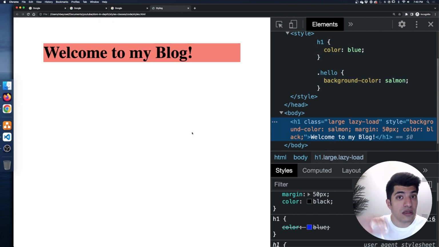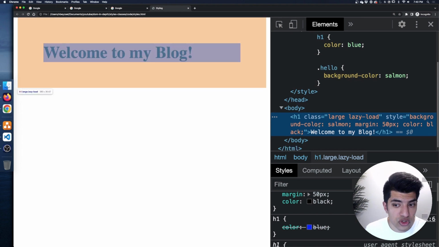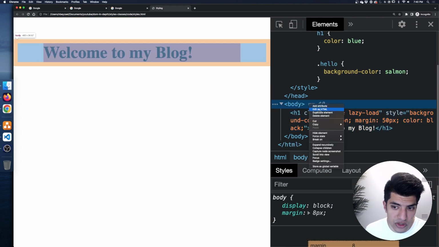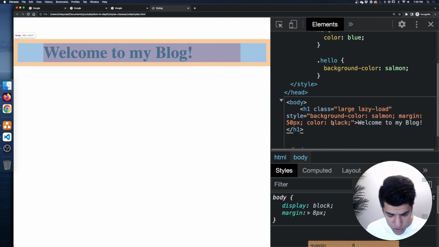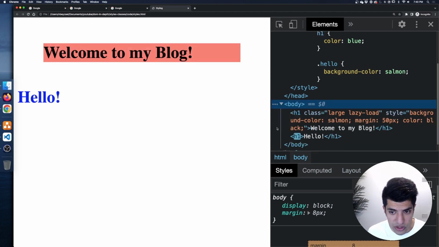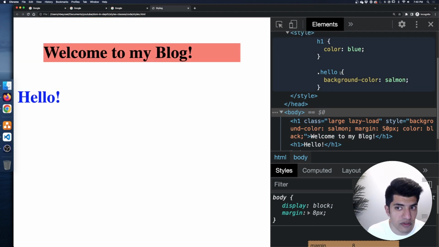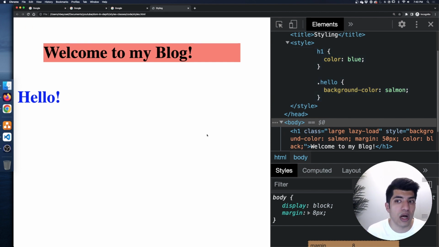We can actually create another H1 without this color attribute, and it would inherit this H1 style from the style sheet. So just to really show you that, I'm going to do edit as HTML, put another H1 tag, and say hello. I'll click out here so it saves. Notice that this H1 is blue because it doesn't have any attributes overriding the default styles from the style sheet. So this is why it was an empty string before,